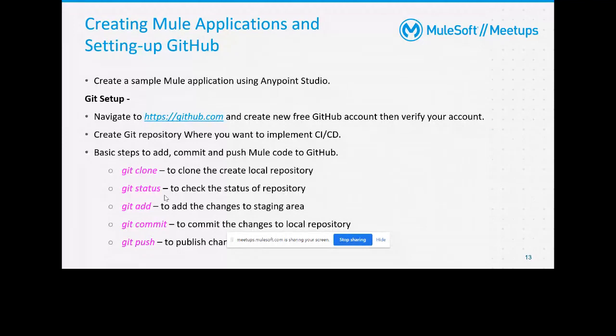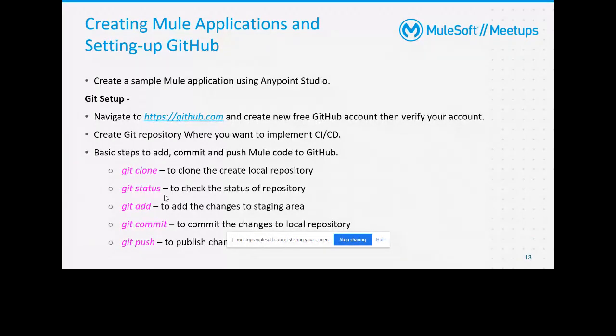Using the git add command, since not every change is required to be pushed, you add the specific changes which you want to push to the remote git repo. Using git commit, you commit the changes.